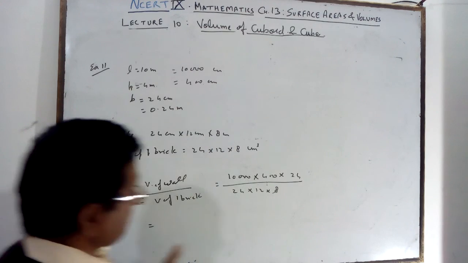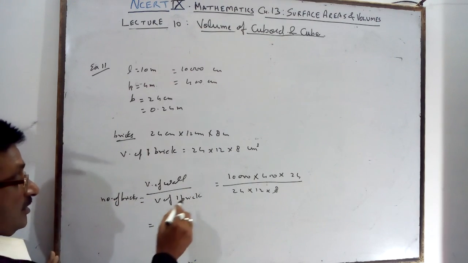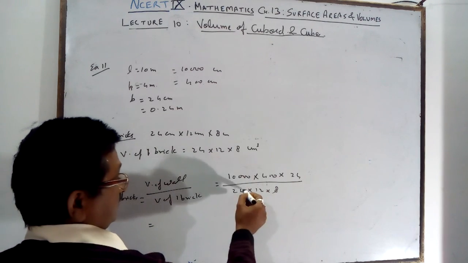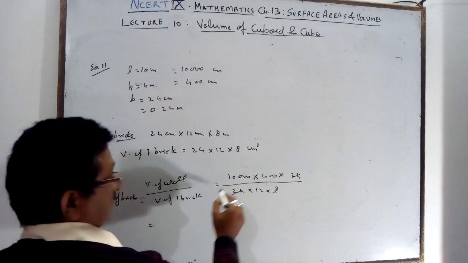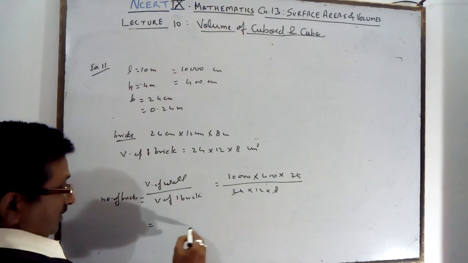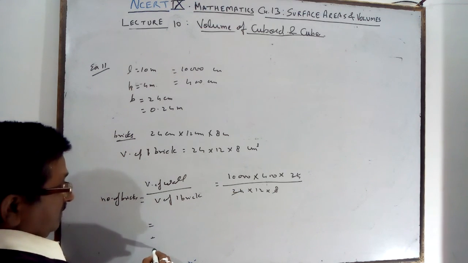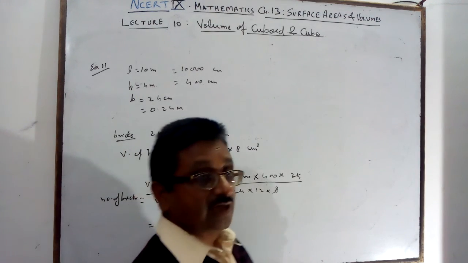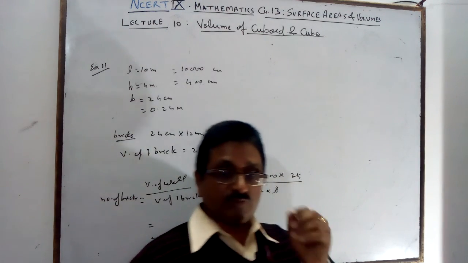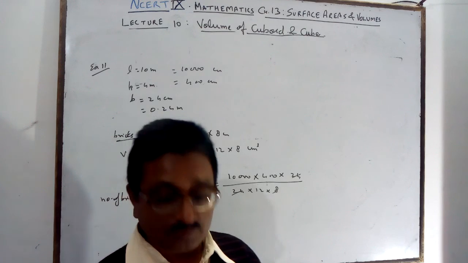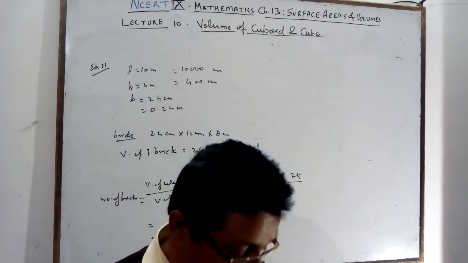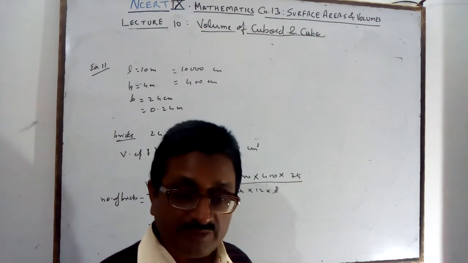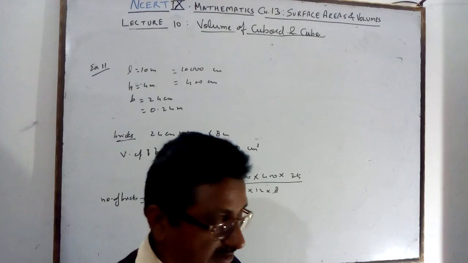It is coming in decimal, so you will get the answer in decimal. 24 will be cancelled and then you will find it out. You are getting a decimal and the decimal will be rounded off, so one brick will be more. It is given one brick. You can't cut it, because you want to prepare 0.7, a small part of a brick. It means you will take a full brick. It will be useless, that is another thing, but the brick will be there.